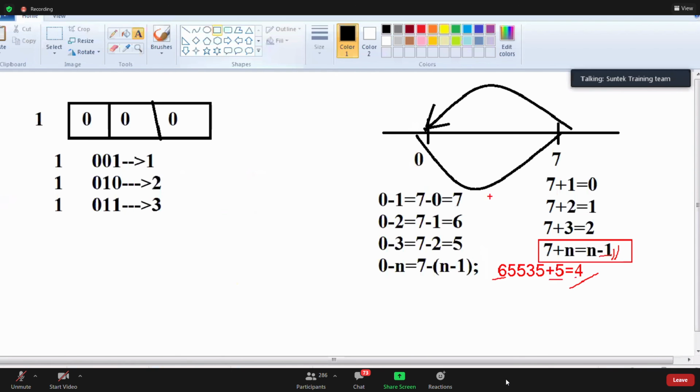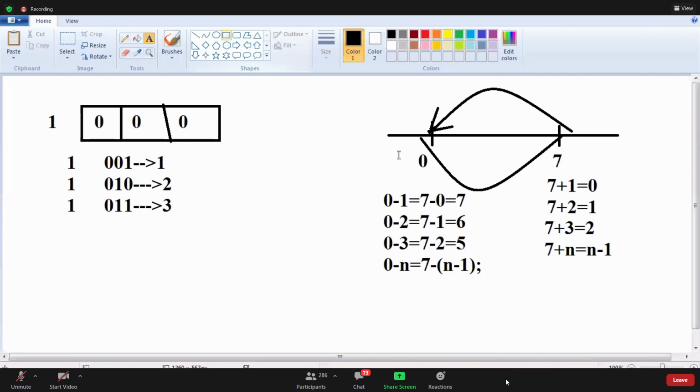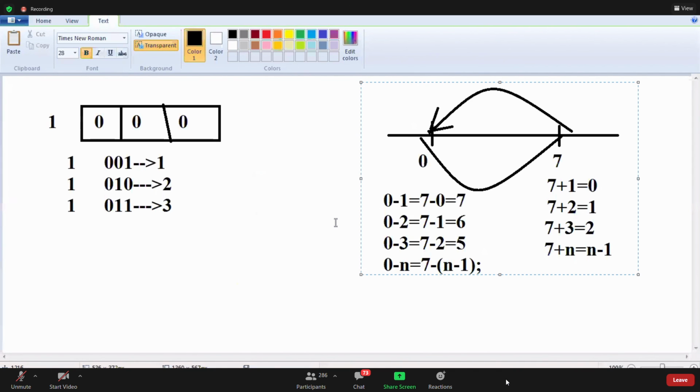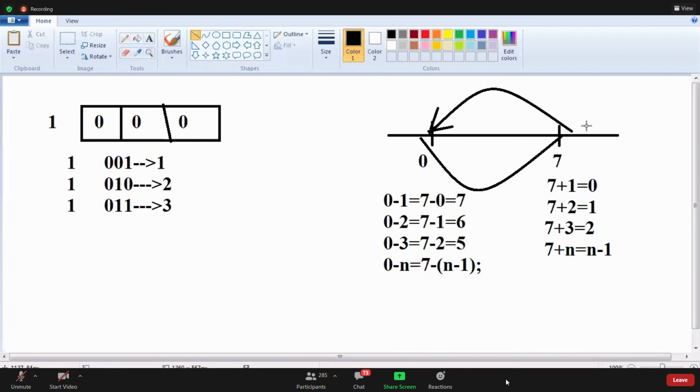Yeah, write this anyway. Tomorrow we'll continue this session. Write the notes for this and those values also. Write these notes for this number if it exceeds the value. Write this 0 to 7. If you give 0 to 7, it takes the values in circular manner. If it exceeds this side, then we'll get this side. Okay, no?